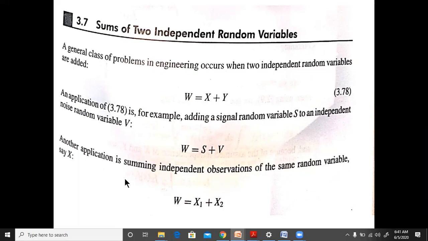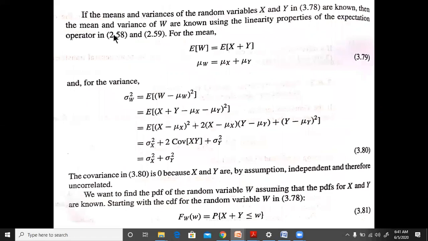In general, we can also consider independent random observations of the same random variable X, where W is equal to X1 plus X2. So under those conditions,